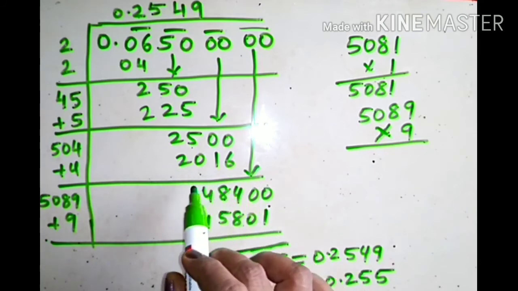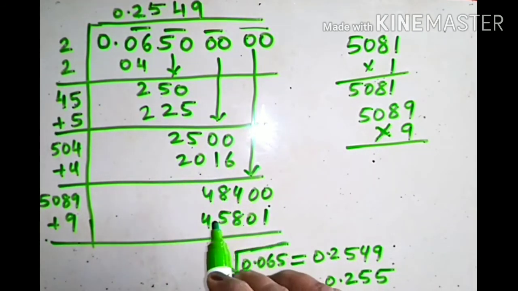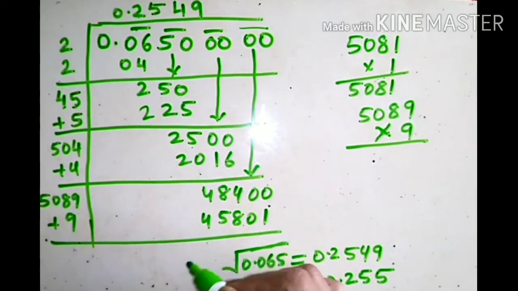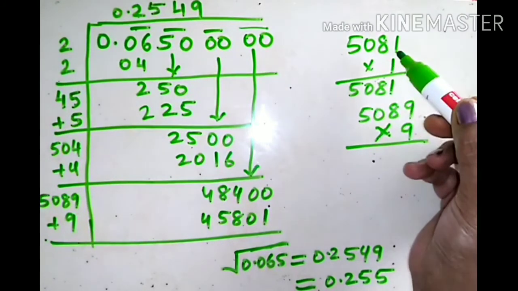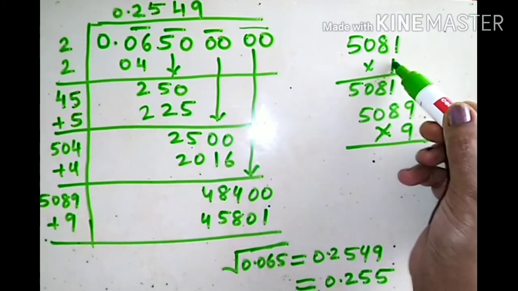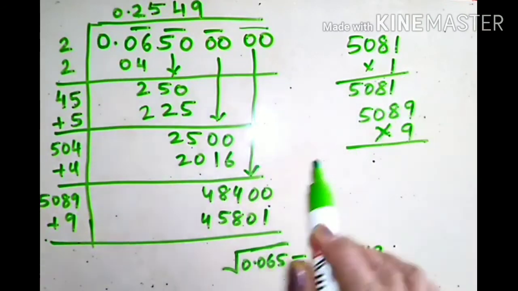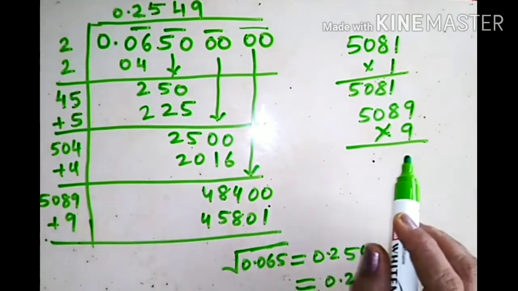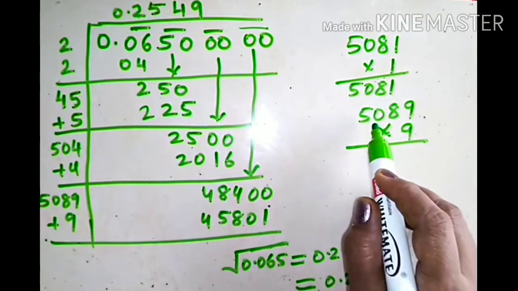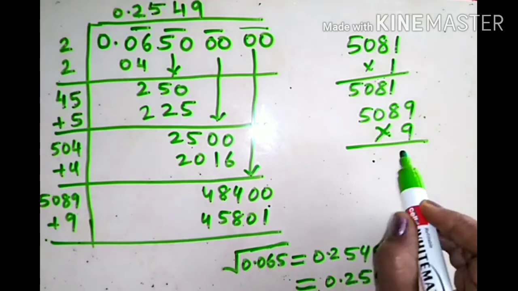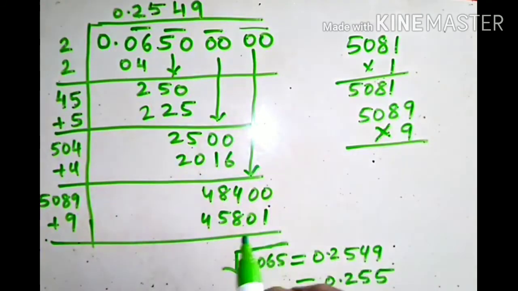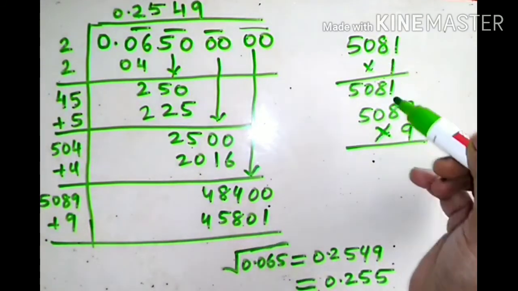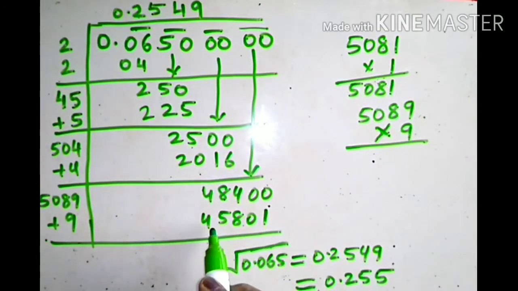Now the important thing is, these numbers are quite big and it is difficult to judge when we will get this number. So you can try not to multiply full number, but think, like, 5081 multiplied by 1 will give 5000 something, but we have 48,000 here. So if I multiply it by 9, that will give me 45,000 something. If I multiply by 10, that will become 50,000. So this will be better option. So we will use that one. So it is just trial and error. You think how when you are going to get this number and do it.